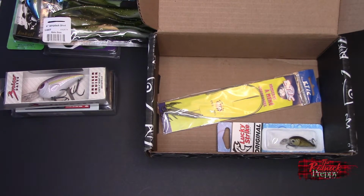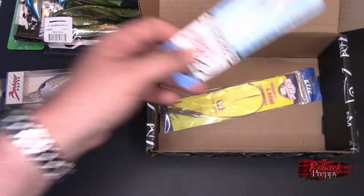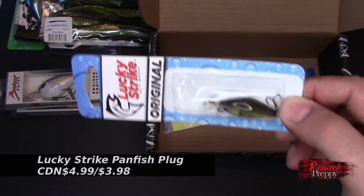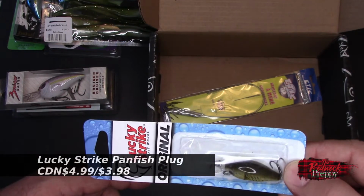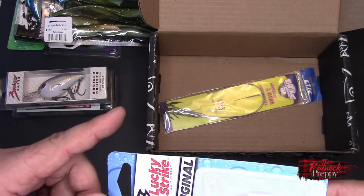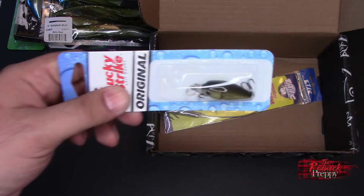Alright, super. Okay, well, I'm not entirely sure what to hit next, because neither of these fills me with much confidence, but let's go. Okay, we got the Lucky Strike Baitworks, Canadian company. There's been a couple of Canadian companies in here. That Live Target, they're not Canadian, no, but Lunker Hunt. Is Lunker Hunt Canadian? I don't know, I can't remember. Anyway,